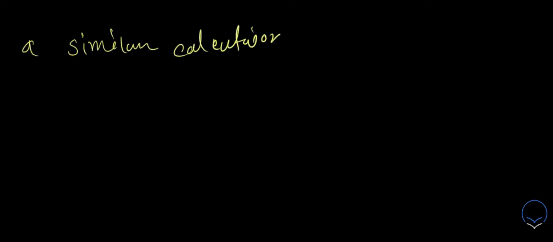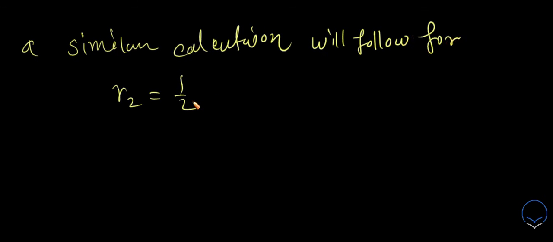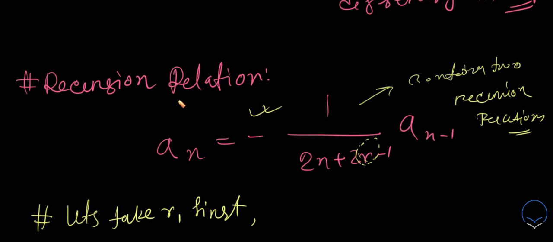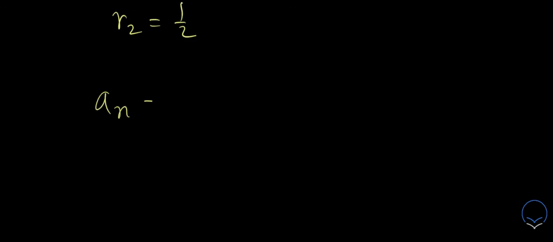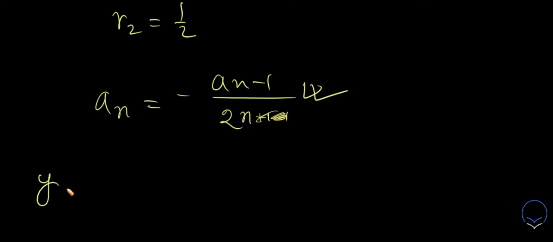A similar calculation will follow for r2 equals half. So instead of using r as 1, now you put half, so you now obtain a recursion relationship as a_{n-1}, there is a minus over here, over 2n, and there will be a plus 1 and a minus 1, so these two will cancel each other out, and this is another recursion relationship. So again, like before, if you evaluate it out and call the solution y2, this will be just